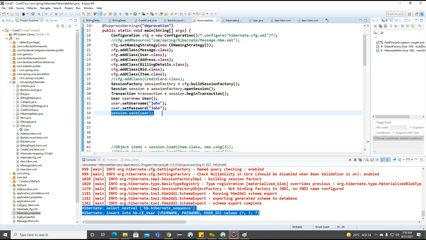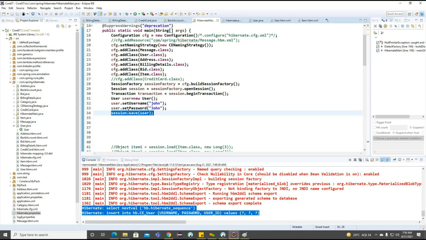But internally, Hibernate is going to generate the update query here, because within the same session and the same object, we are trying to update the information. Whenever we have the same ID here, Hibernate is going to generate the update query, even though we call save here. This is very important to understand.